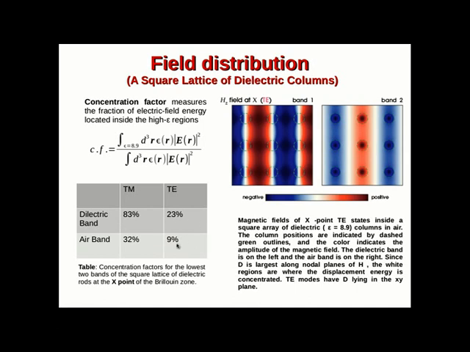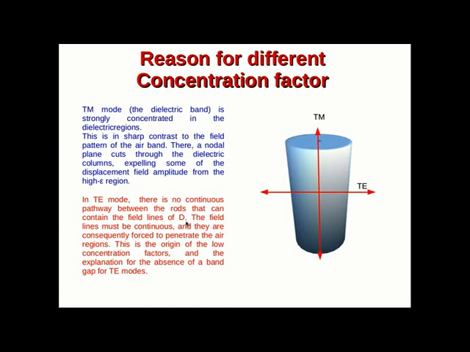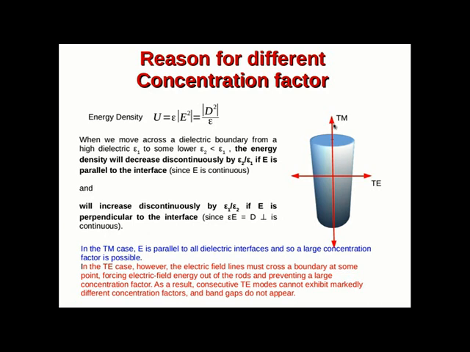Now why is it that the dielectric band for TM mode has this much concentration factor, but for TE mode has only this much concentration factor? The answer lies in the next slide. You see that TM polarization has this type of field orientation with respect to the rod, and TE polarization has this type of field orientation with respect to it. Now you can see that in this type of orientation,